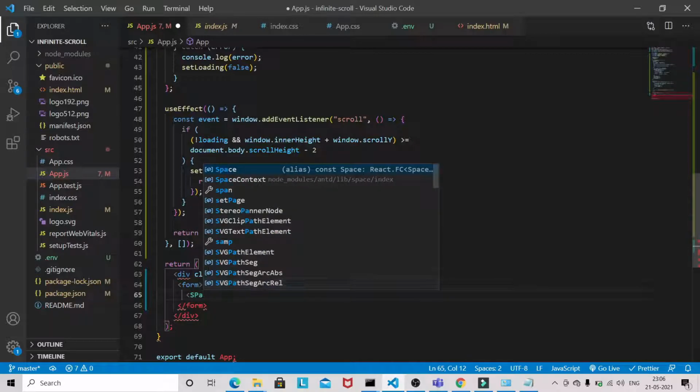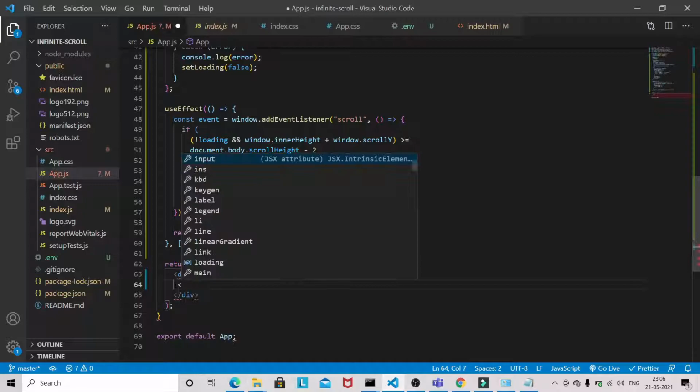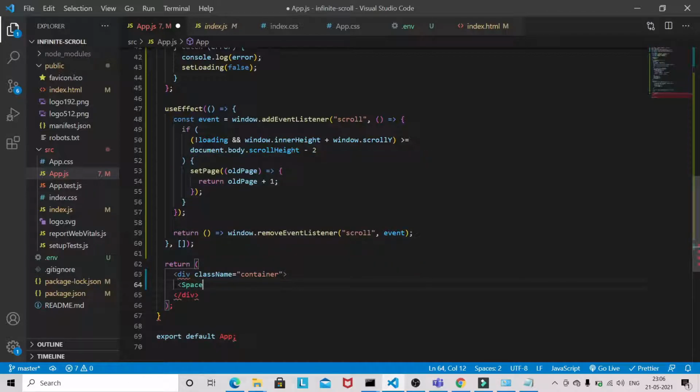So form is also not required because we are not submitting. So let's directly use input. So before using input, we need to use a div because we have an input and a button also for searching the image.